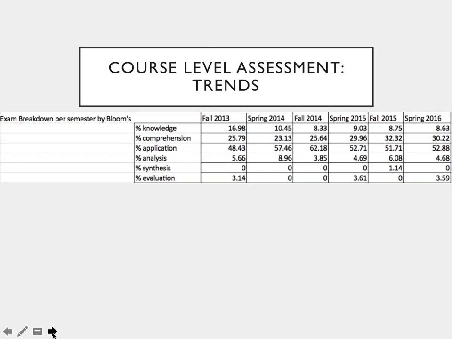Okay, next we're looking at thinking about trends. So continuing with course level assessment, wondering how courses are performing over time. ExamSoft has been a great tool for us so that we can look at exactly what we're doing. And so for this particular course, this particular slide is looking at how we're looking at Bloom's cognitive level for